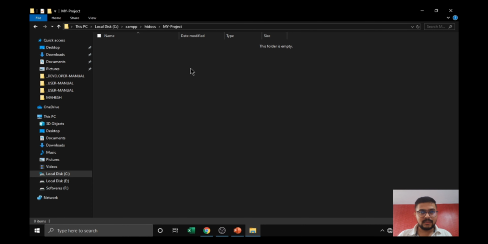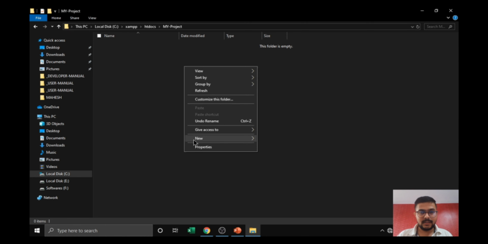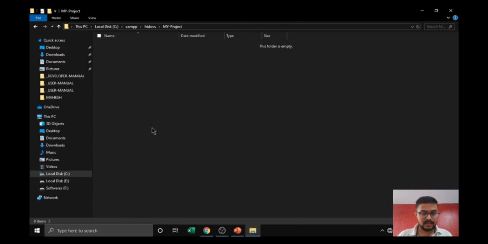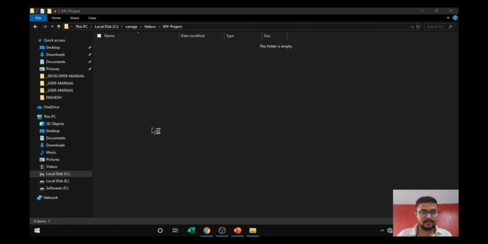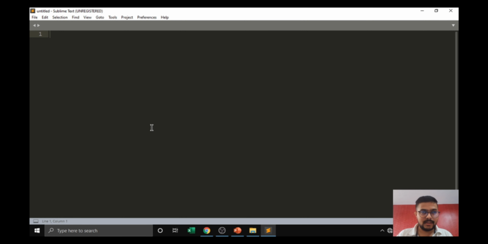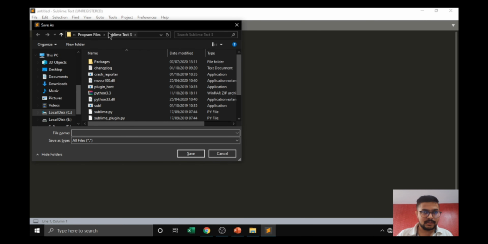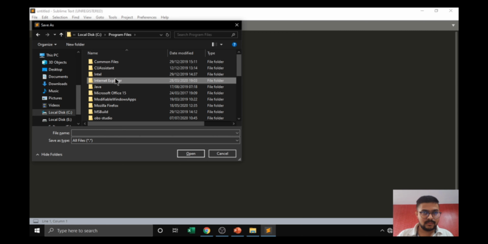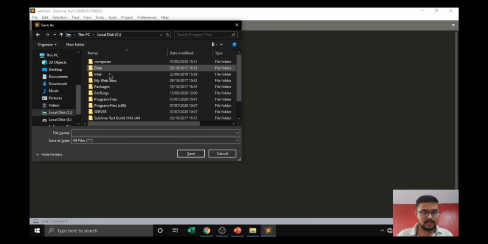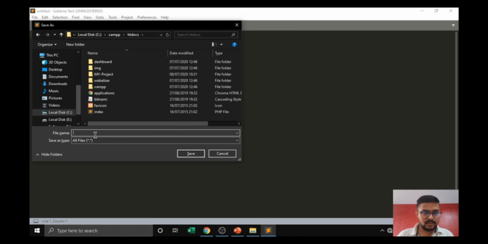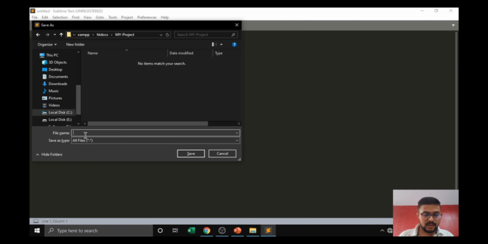Then create one file here, or else you can open Sublime and create a new file, saved at the same location, XAMPP htdocs. Locate your folder path and create index.php.